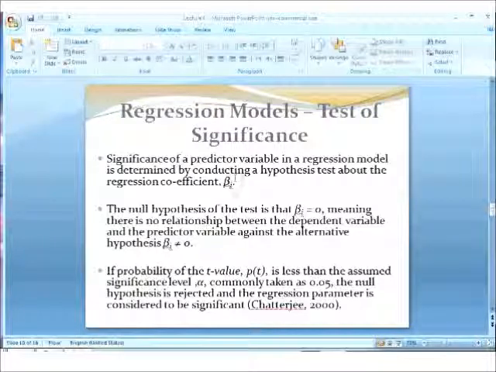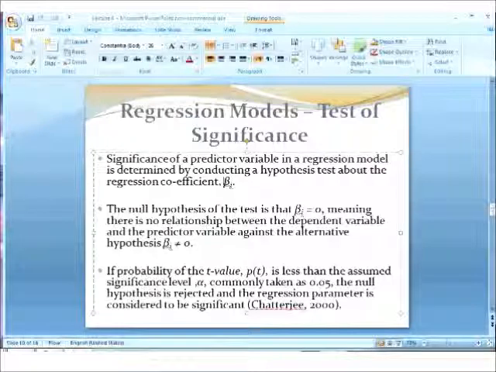So the significance of a predictor, or an independent variable, in a regression model is determined by conducting a hypothesis test about the regression coefficient beta i. We saw that beta i is there, and we conduct a t-test, and our hypothesis is that these beta i, or these independent variables, are not contributing anything. So our null hypothesis, or H0, is that an independent variable xi is not